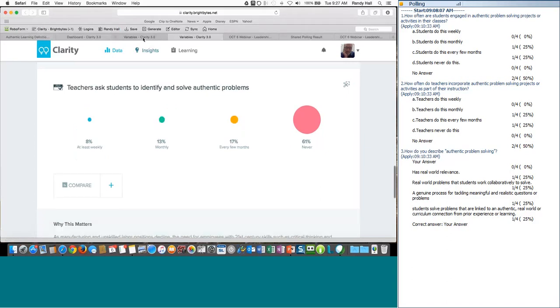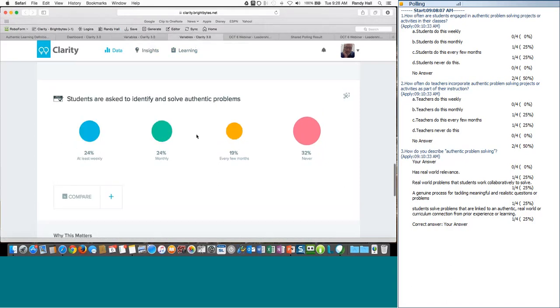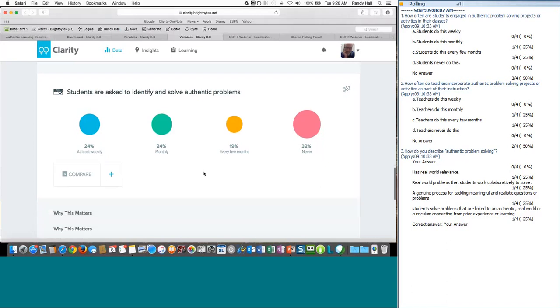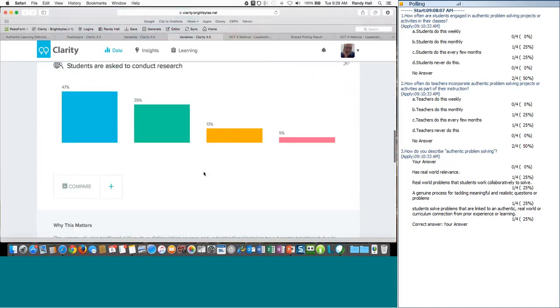I noticed that we have a large percent of faculty who are reporting not pursuing authentic problem solving, but students have some experiences. So what are those experiences they're referring to? And could it just be things teachers are overlooking? They're not acknowledging for themselves the great work they might be doing in deeper and meaningful authentic problem solving types of activities. Here under this strand of Clarity data, if we go back up, conducting research,